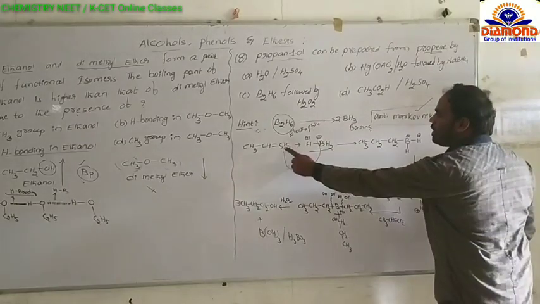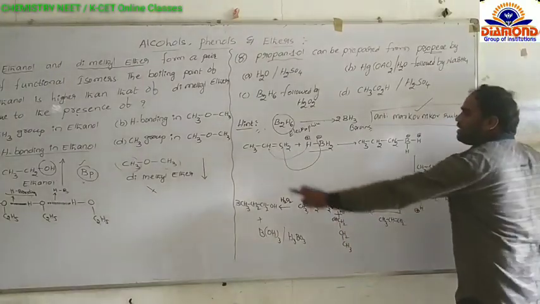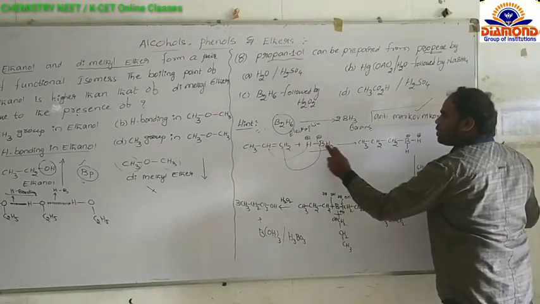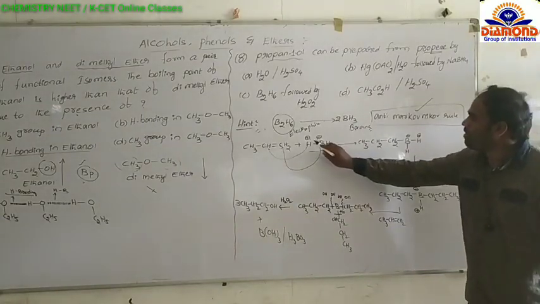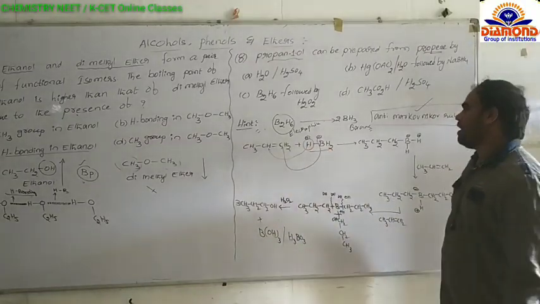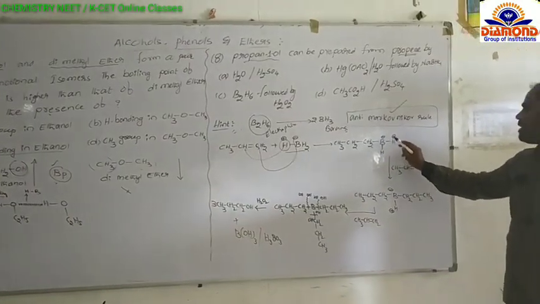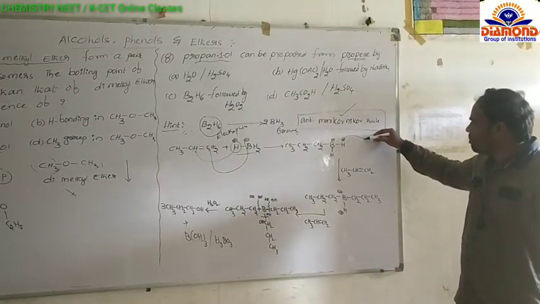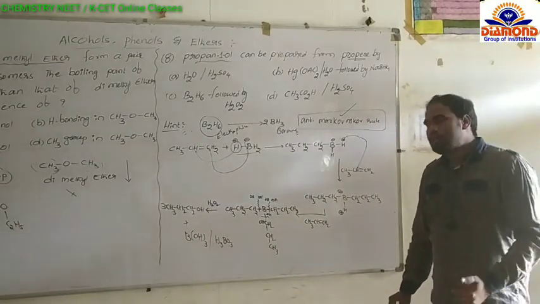Therefore BH2 minus adds to the last carbon and H plus adds to the middle carbon. Then we get CH3, CH, and H plus adds, CH2, and this CH2 adds with BH2 minus. Again, from this BH3, in the place of one of the hydrogens, a propene molecule is added. Here also, the same concept: it again forms H plus and B minus. According to our anti-Markovnikov rule, H plus adds to the double bond carbon containing less number of hydrogen.